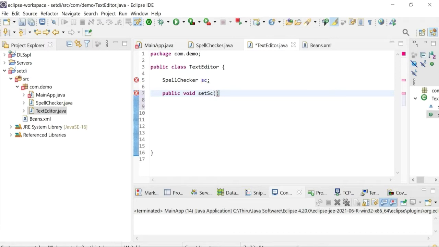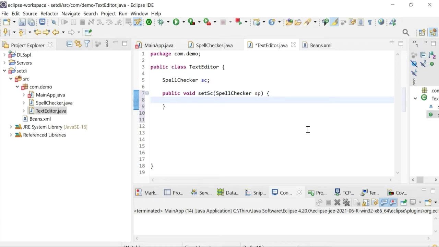And then we need to pass the spell checker object, so the spell checker type, and then the object sp.